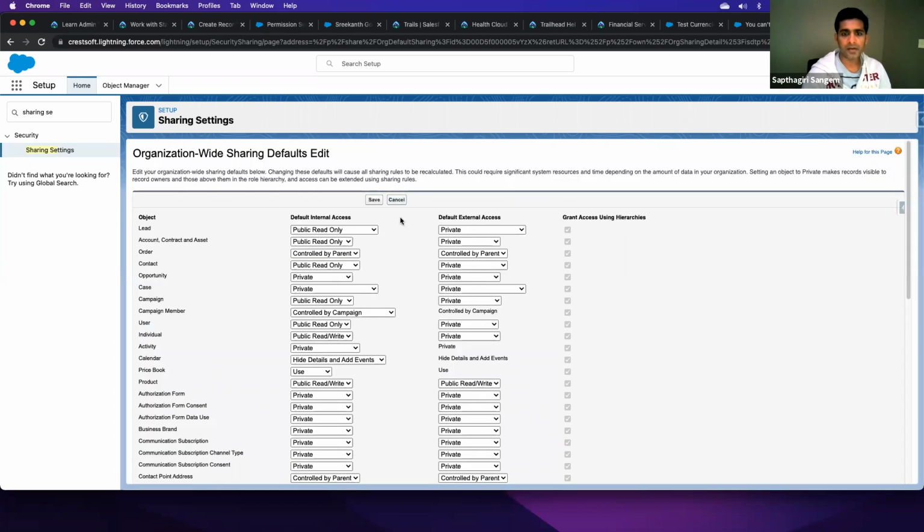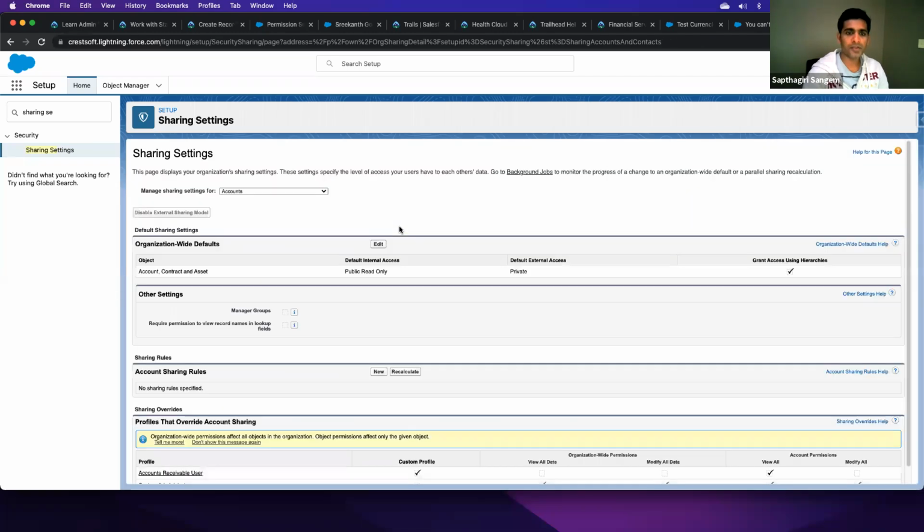And let's say the business says, okay, we don't want to give all the sales reps access, but whoever is the account owner, we want them to control access. If they say that, potentially if we go back and look at the account,